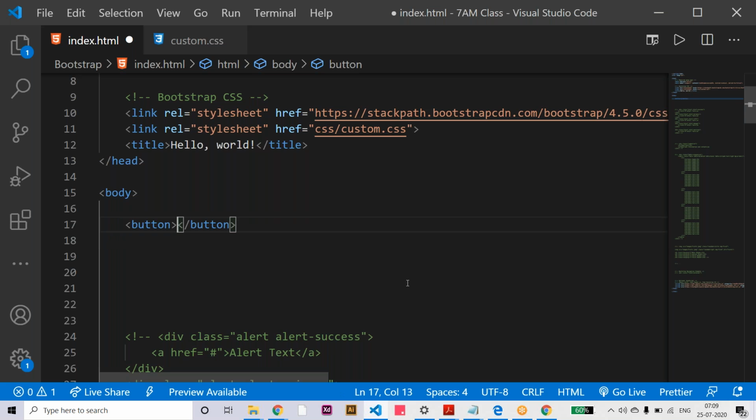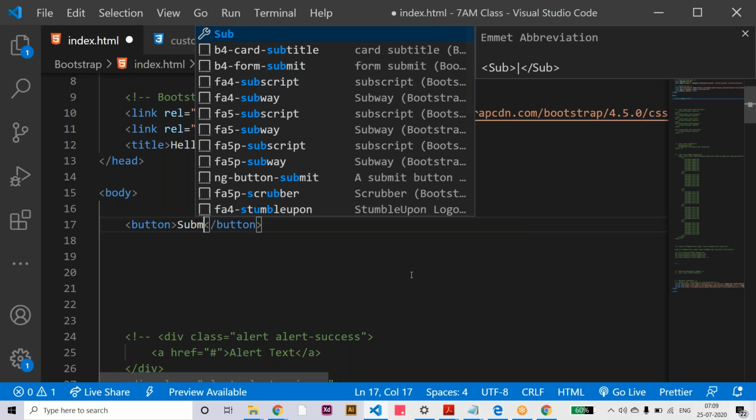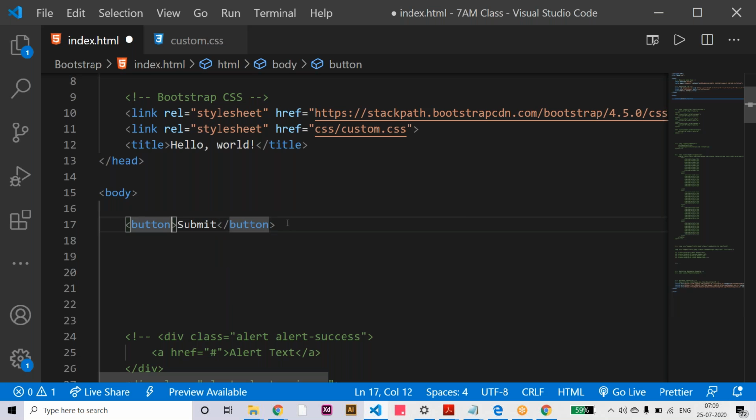Here I'm going to use, for example, submit. In the button tag the base class is btn.